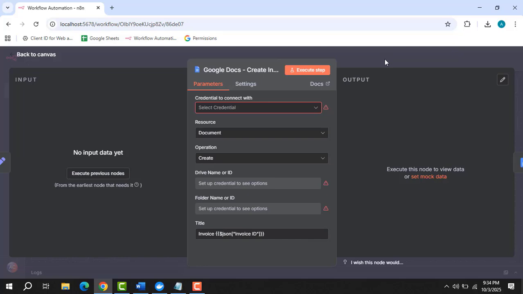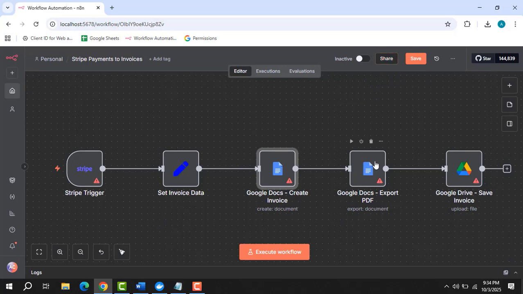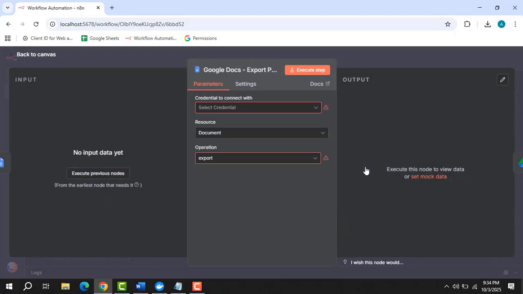Okay, the result will be a new Google document created with the payment details. After that, you'll have the Google Docs node that will convert the Google Doc into a PDF file. Configuration on operation will be export, as you can see. After that, the document ID will be the ID from the create invoice node, JSON ID, and the MIME type will be application PDF. After that, you'll have the Google Drive